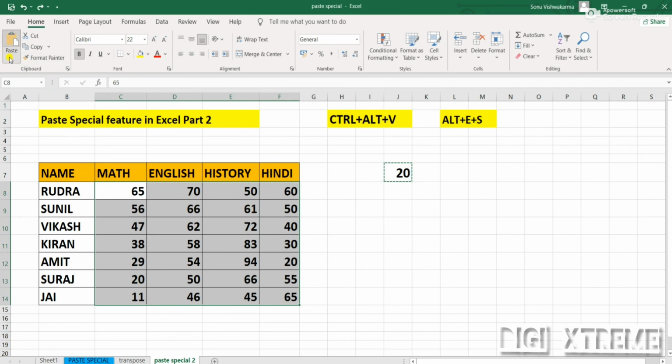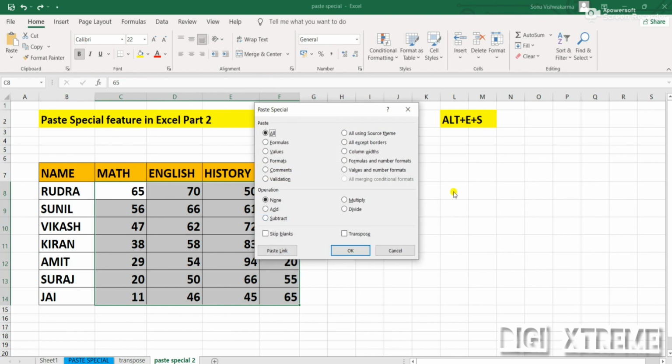So you can see what I have covered today: comments, validation, and how we can do addition, subtraction, multiplication, and division. These are the features we have covered today.